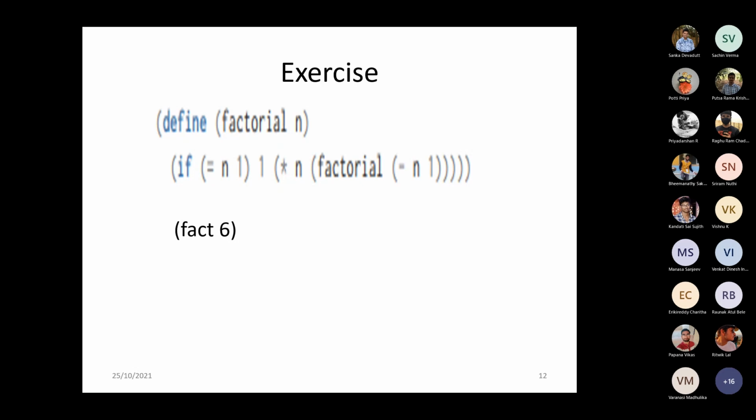Then we shall see with respect to a block: when we take up the linear iterative, the iterative sub-procedure could be globally available or it could be within a block. Then how the environment would be created. So in the next class, we shall see all three cases.